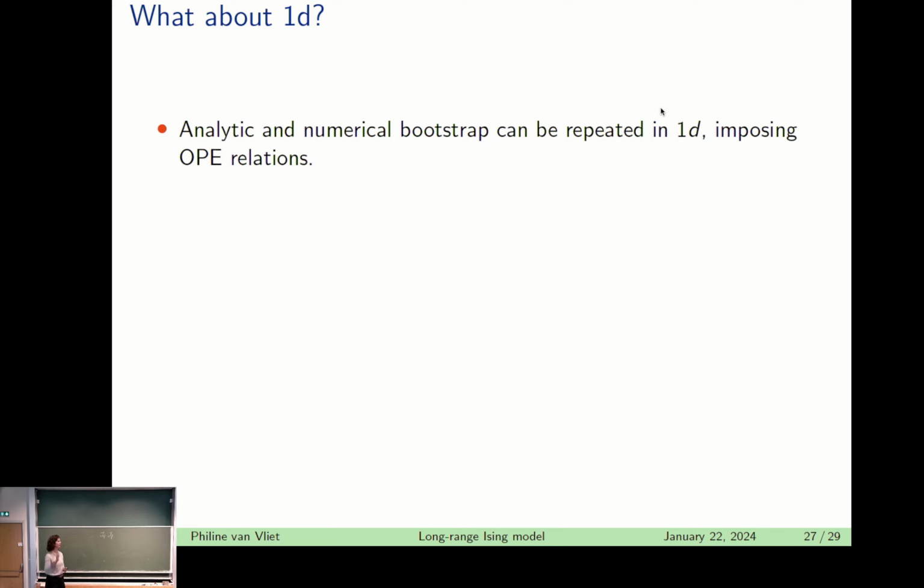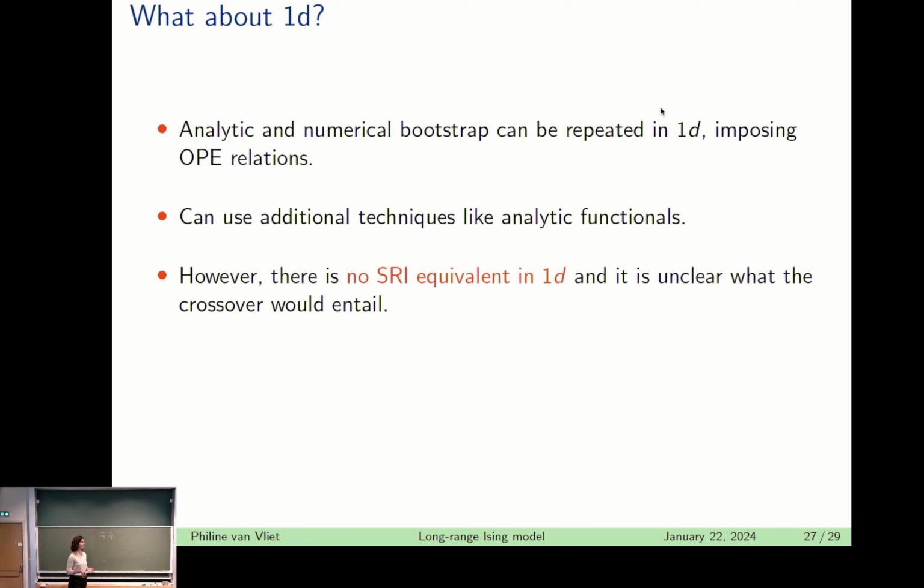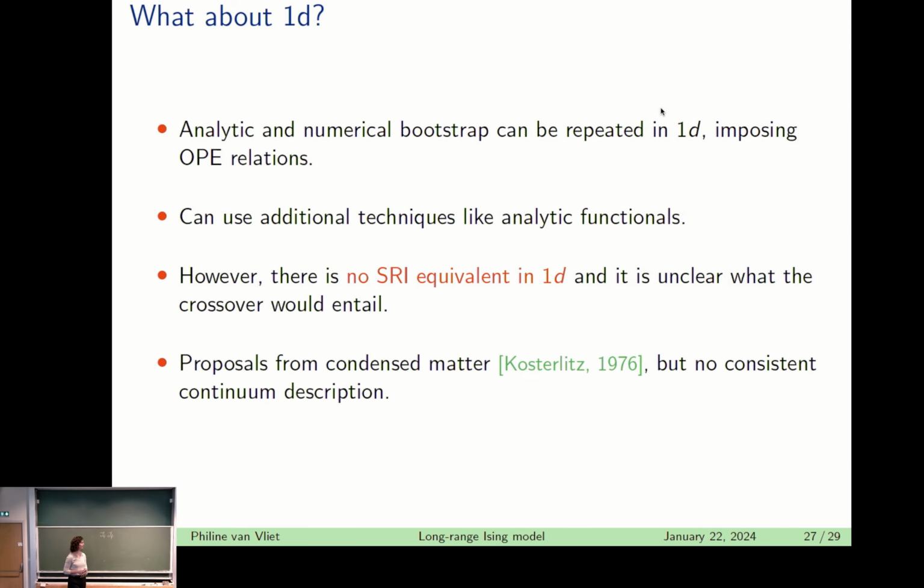Then let me comment on the 1D case. Of course, we could do the analytical bootstrap and the numerics in 1D as well, and we could also impose these OPE relations, and even use additional techniques for the conformal bootstrap, like analytic functionals. However, it's not clear what the short-range Ising end is in 1D, because the short-range Ising model itself doesn't exist in 1 dimension, so it's not clear what this crossover between the mean field theory and the other end would entail. And there's some ideas for what this could be, and there's